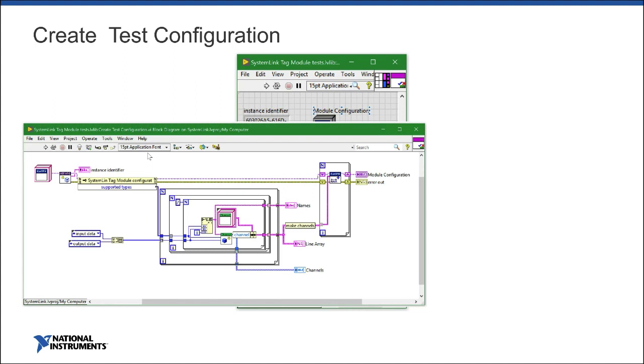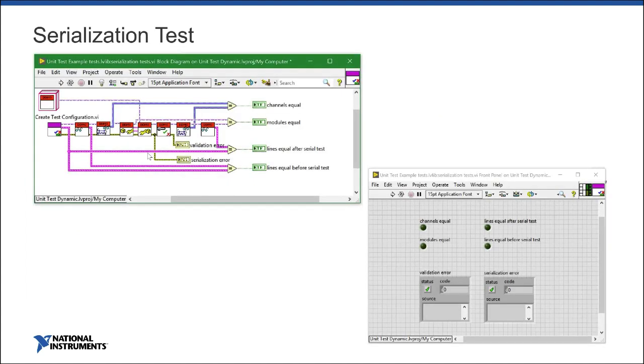So any module that you download in the template, we have create test configuration. For example, in here, I'm just checking, hey, this module, which channel types does it support, then create a channel for every data type, and then I create the names and other stuff that I need for the test outside of the module to know what the module is configured as. So if I go back to here, this configuration is telling me which lines are available. And then I can check that the lines available are the same lines that I'm getting from my application.